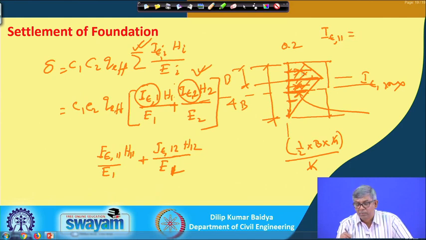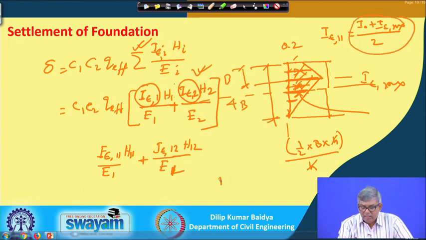So, now what I will find out, this is a trapezoidal area, I E 11. Suppose this is I 0 plus I E max, divided by 2, this plus this divided by 2, then it will be average, is it not? So, half multiplied by this multiplied by height is the area, and area divided by the depth I will get the average. So, this is the value of I E 1.